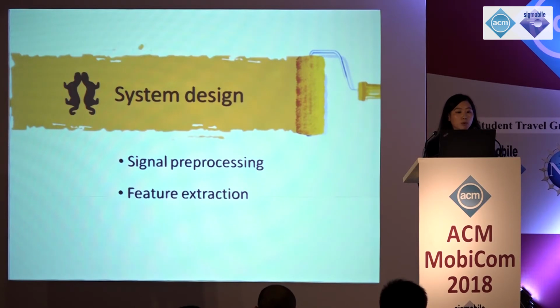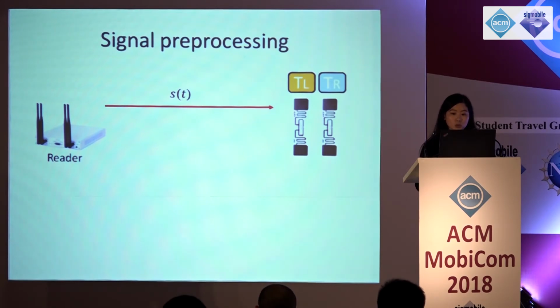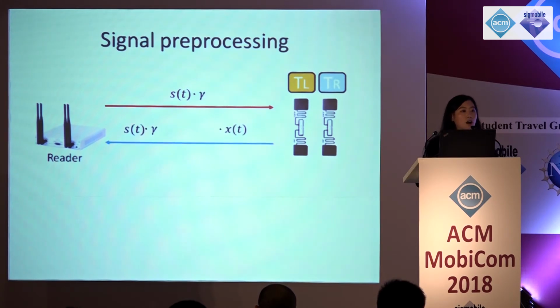We have two main modules in our design, namely signal preprocessing and feature extraction. Let's see the propagation process between the reader and the tags. The reader sends a random signal ST to the tags, and the environment parameter of the downlink channel is denoted as gamma. Due to the inductive coupling, the backscatter signal XT will be influenced by the hardware characteristic H, and the